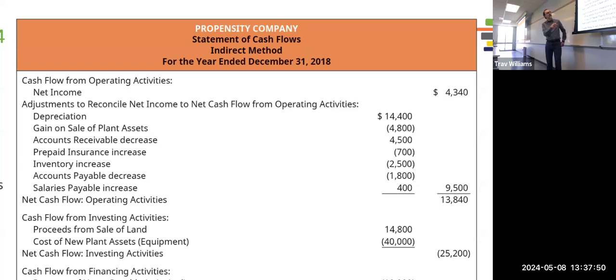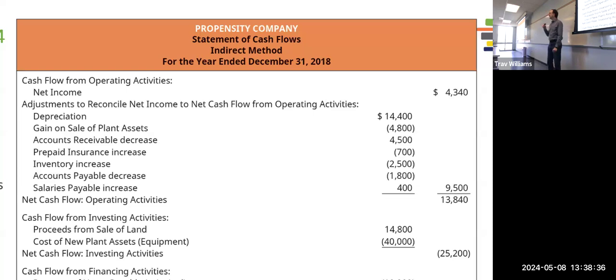So here is the gain. Remember, we sold plant assets, and we had sold them for $14,800, but we had originally paid $10,000, right? So that was a gain of $4,800. But we have to reverse that. We have to get it out of this operating section, and we'll see the entire $14,800 we got when we sold those assets. All of that cash goes in the investing section. But the gain, we need to get out of this section. So we reverse it. In other words, because it's in parentheses, that means it's negative, cash will go down.